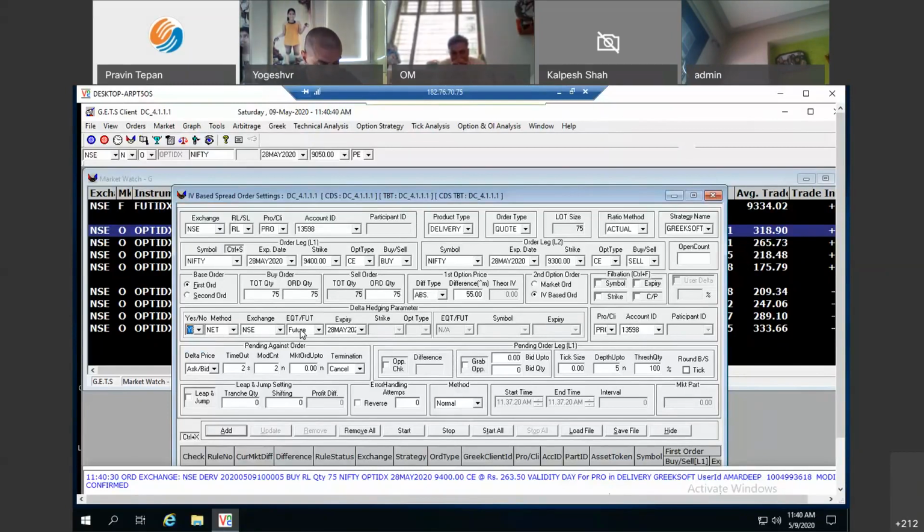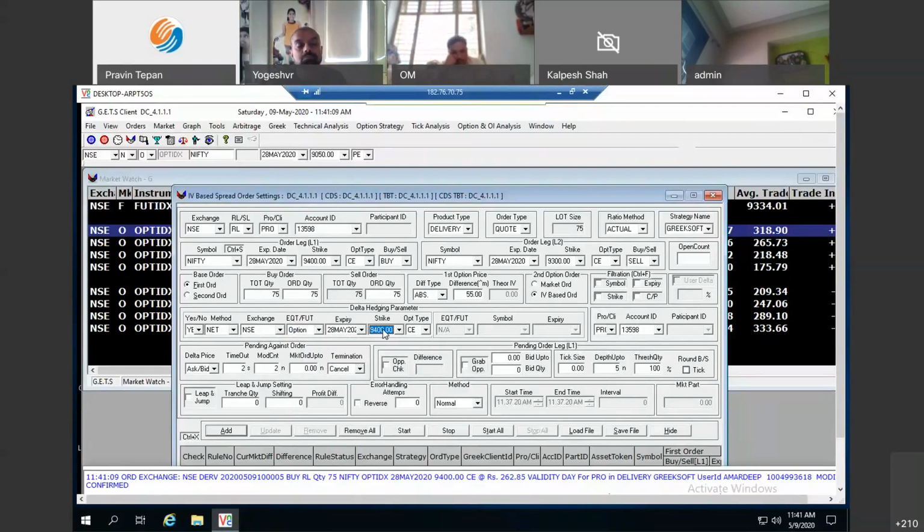And how do I want to hedge my delta? Do I want to hedge it through future, through options, through synthetic options? So all the features are possible here. All the possibilities are here. Most of the people do it through future because it is less confusing. Future delta is 1, so it is easy to calculate. Many would do it with options. So when you do it with options, you have a chance to select the expiries. So I say, by monthly expiry only.